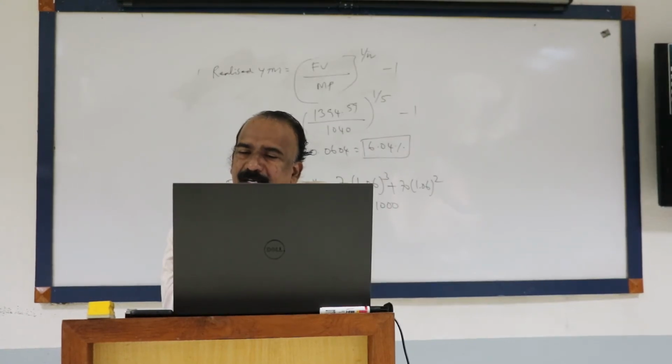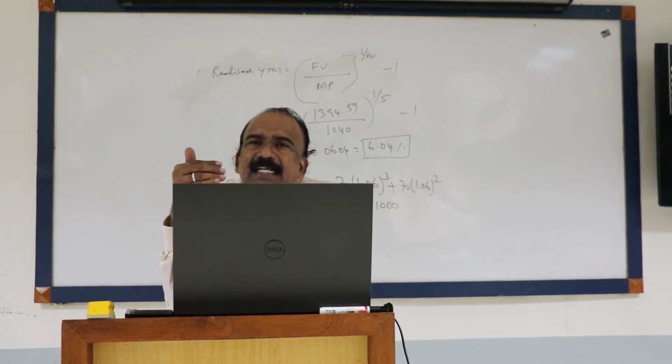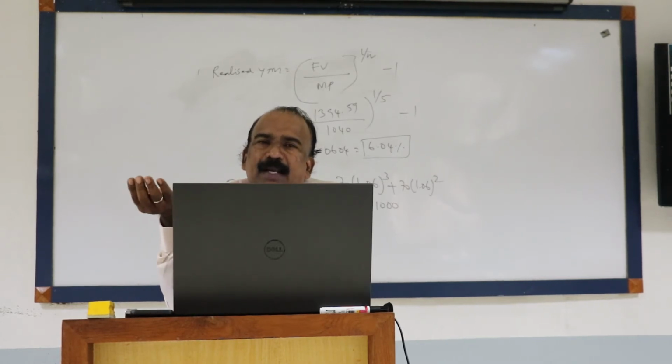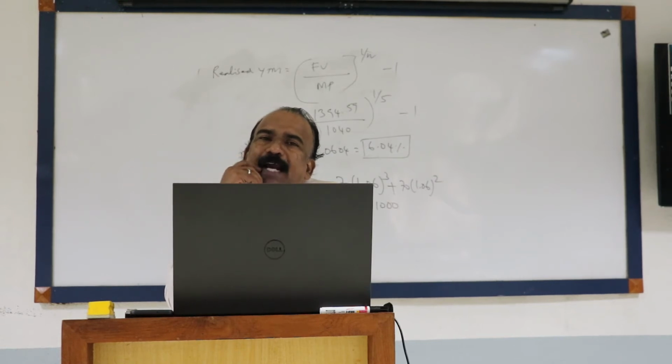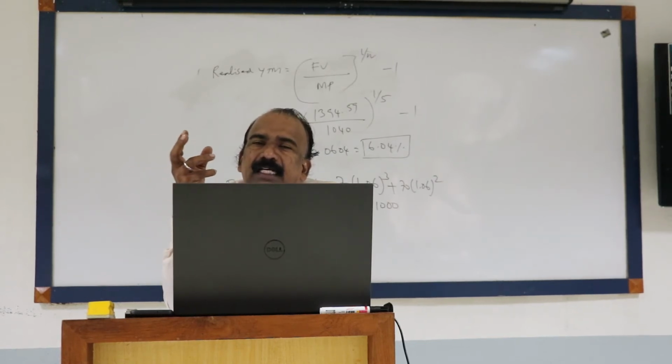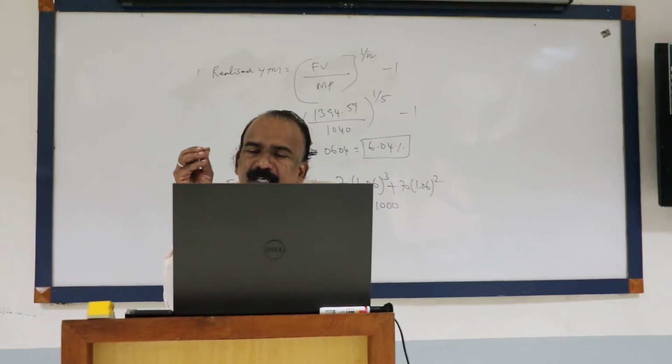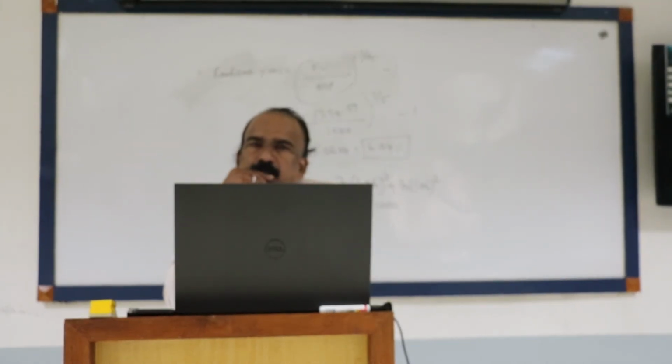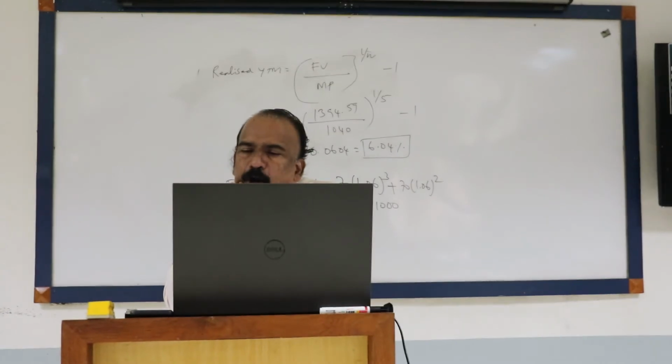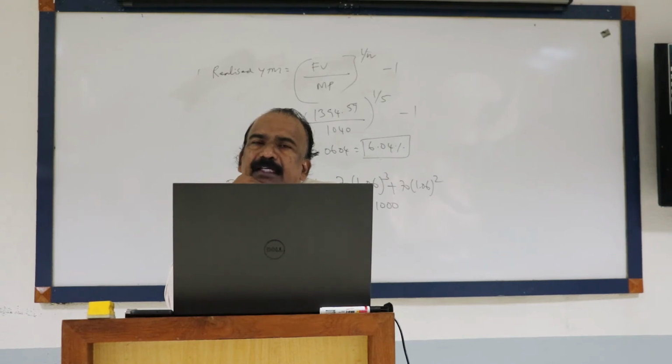Okay, so it is semi-annual. Semi-annual means you divide the interest by 2. That is 50 rupees. The interest will not be 100 rupees, it will be 50 rupees. The number of years will not be 5 years, it will be 10 years. And the yield will not be 18, the yield will be 9. Got it? If it is semi-annual, everything will be divided by 2. Coupon will be divided by 2, R will be divided by 2, and the years to maturity will be multiplied by 2.